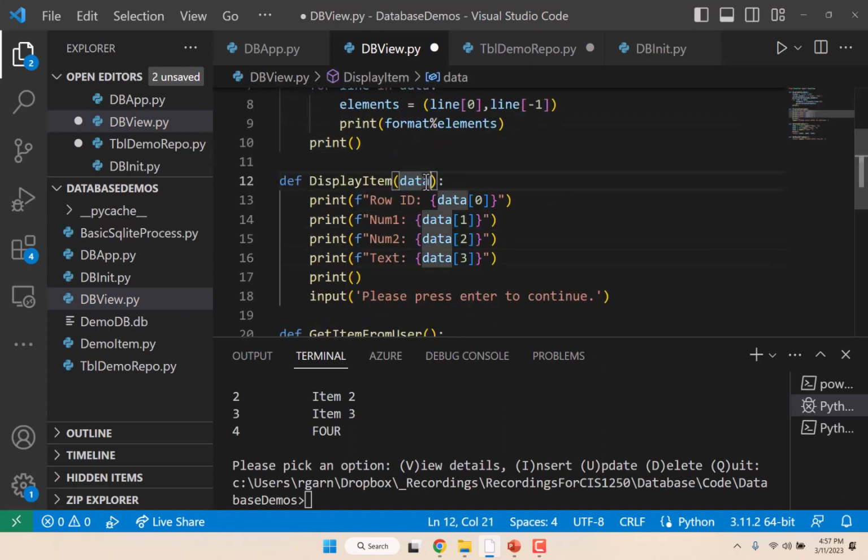And since we know that now this is going to be that, I'm going to rename that to item, because I think it just makes more sense. We're going to say item dot